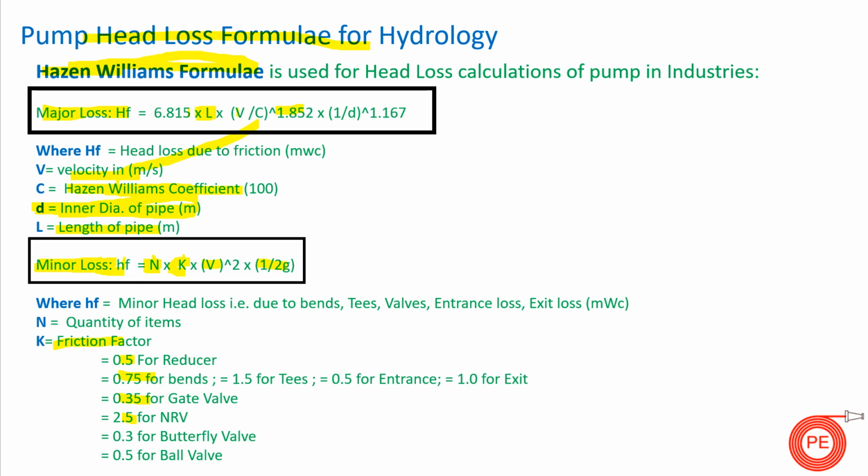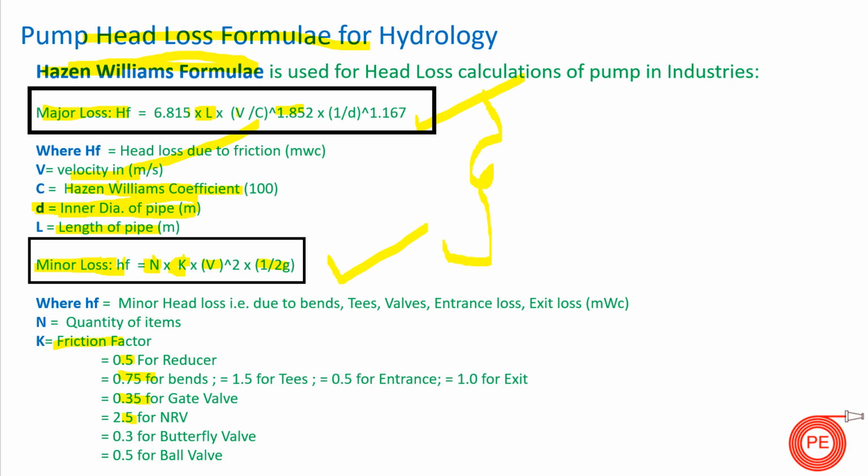While calculating the pump head loss as per the Hazen-Williams formula, we calculate the major losses in our suction side and discharge side, plus the minor losses in suction side and discharge side, and also we add our static head if any. When we add these three things, we get the total head loss across the system, and as per this total head loss, our pump head is selected by taking a margin of 5 to 10%, depending upon the designer. If your pipe routing is not fixed yet, we take this margin so that our pump is adequate and the pressure at our required point is available as per the system requirement. So this is the formula.